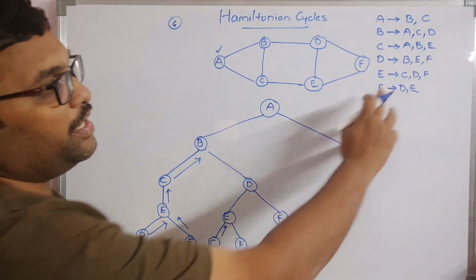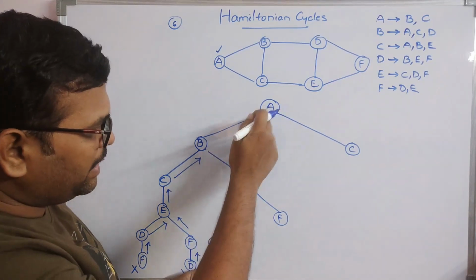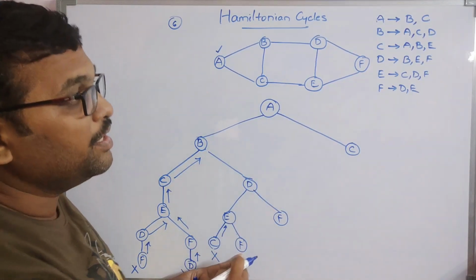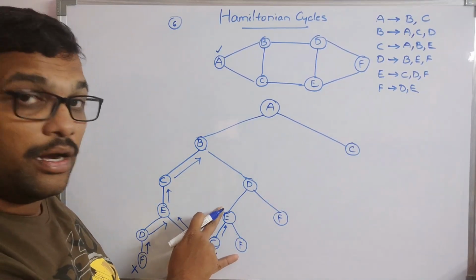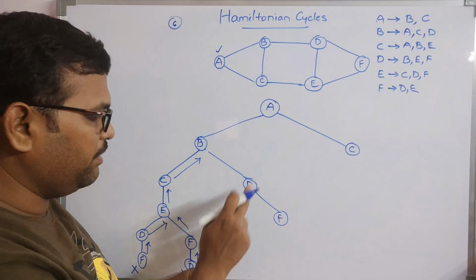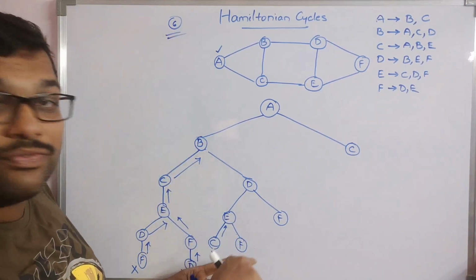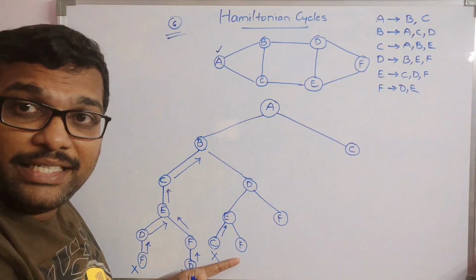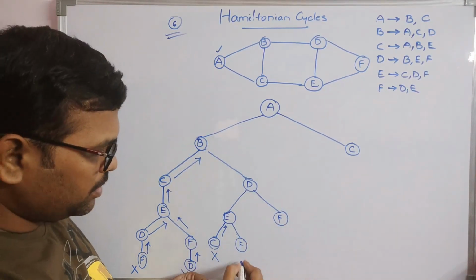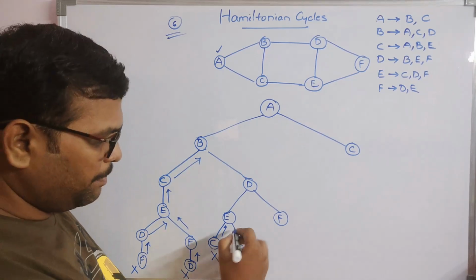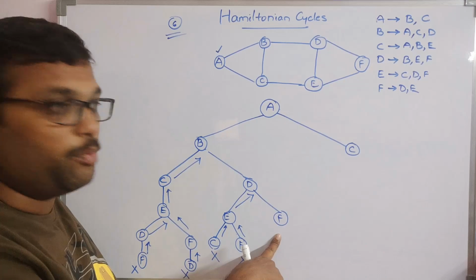F. From F there is an edge to D and E. So in this path A, B, D, E, F, check whether D and E are visited. Yes, D and E are visited. Now count the nodes: 1, 2, 3, 4, 5. Total nodes are 6, but only 5 are visited and there is no other edge to visit the unvisited node. So this is also not feasible. Backtrack